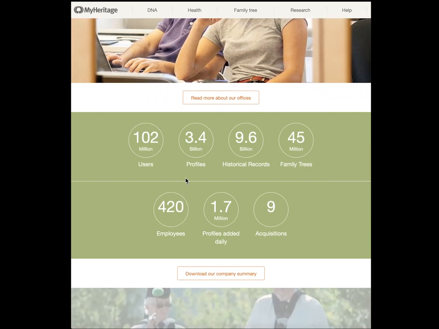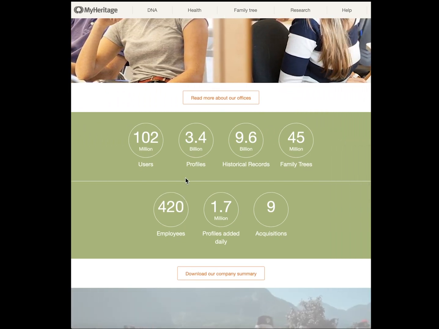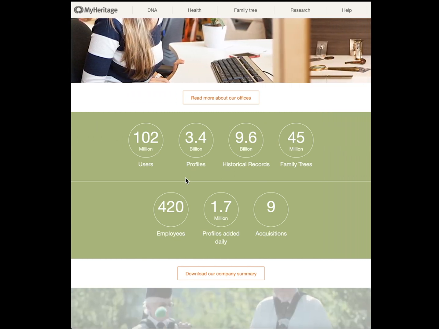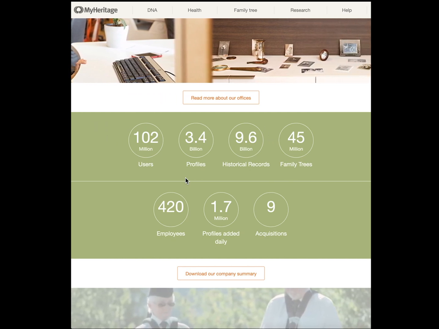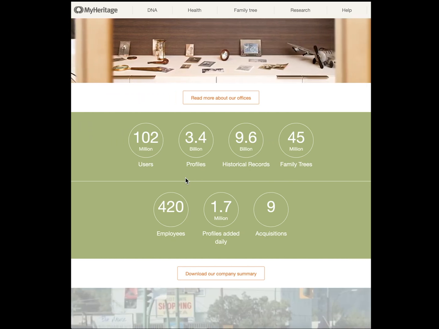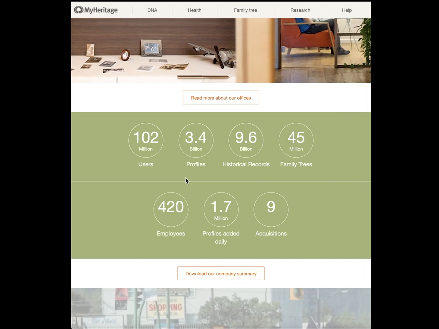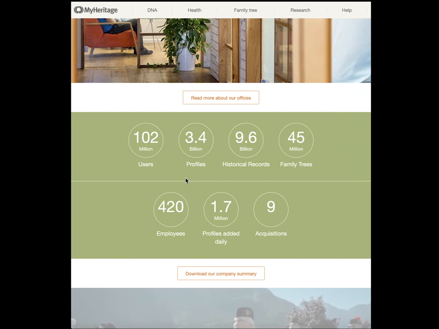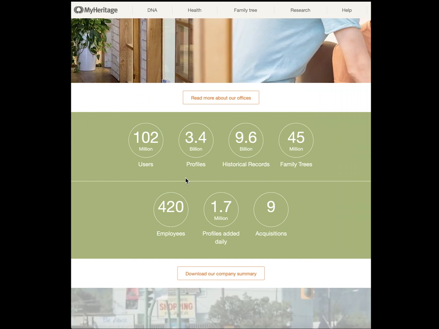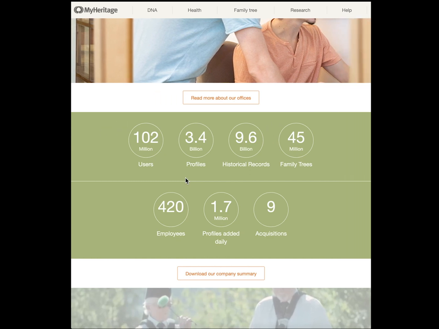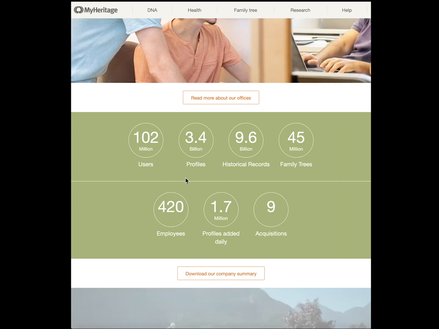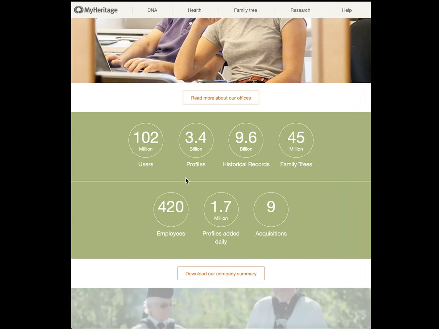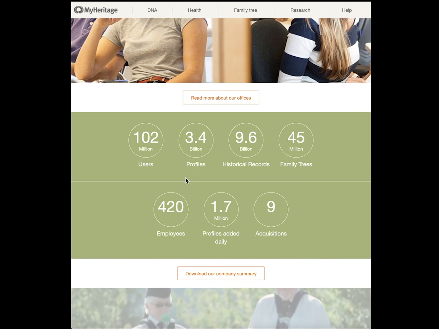Focus on this. There are about 102 million users according to the program, but according to a blog post that I just received today, there are about 105 million. The number of people on this website is rapidly climbing. There are about 3.4 billion profiles. Profiles are the individual entries into the family trees on the program, and backing up the information on myheritage.com, there